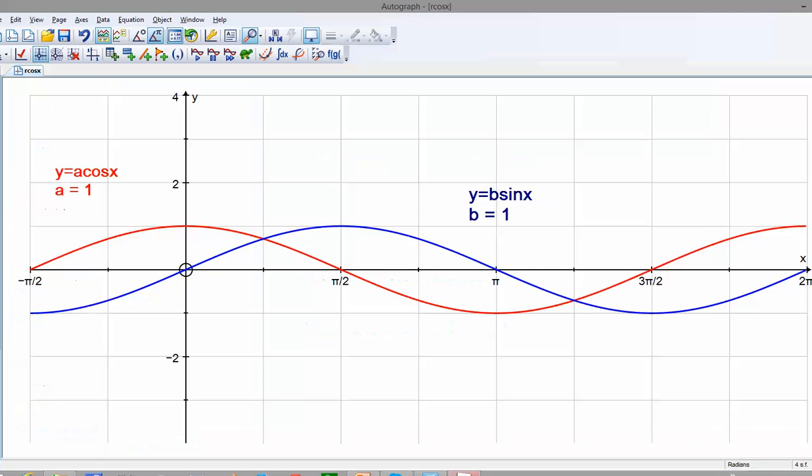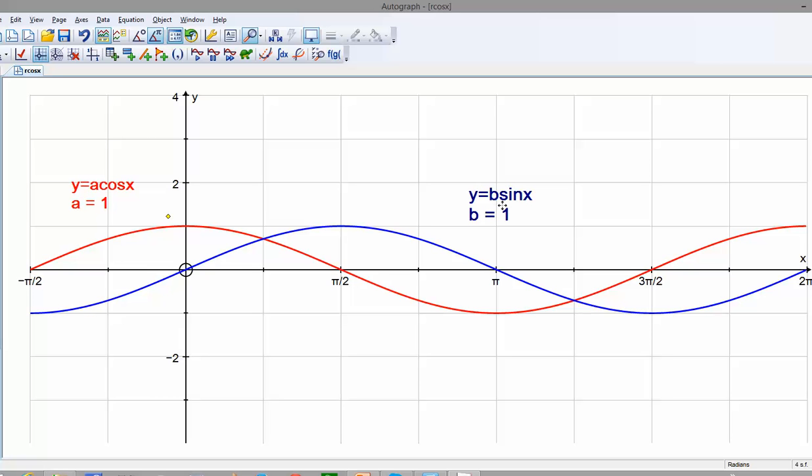So let's go to the graph software, and I've drawn in the graph of a cos x, where we're starting off with a is 1, so it just goes up to 1, so that's our cos curve, and this is b sine x, so b is 1 as well to start with, so that's our sine x curve. Now if we add those together,